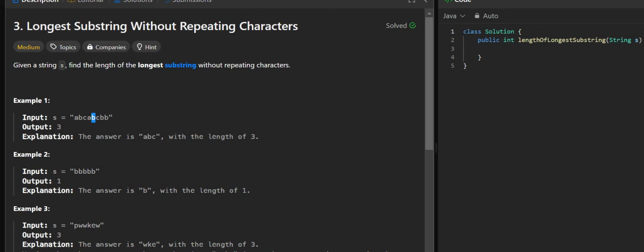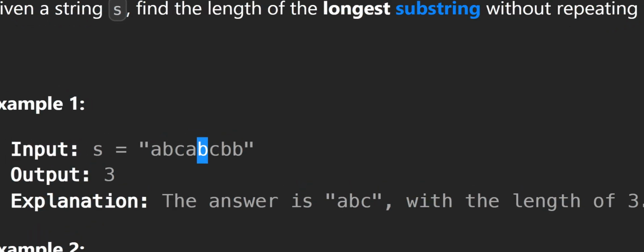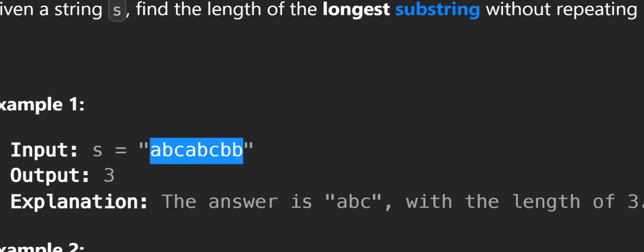This is the third question of LeetCode, longest substring without repeating characters. So in this question we have been given a string called s and we have to find the length of a substring, meaning a smaller part of that big string, such that it does not contain any repeating characters. If, for example, we encountered an a before already inside the string, then we do not have to encounter an a afterwards. For example, we have been given this string called abcabcbb.